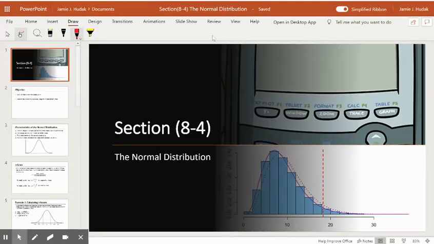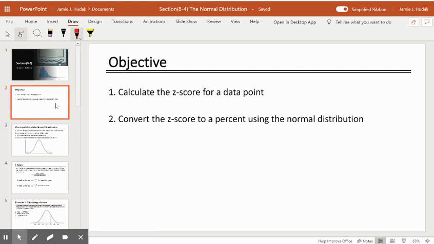Okay, this is section 8-4, the normal distribution. Our objectives are to calculate the z-scores for a data point and to convert a z-score to a percent using